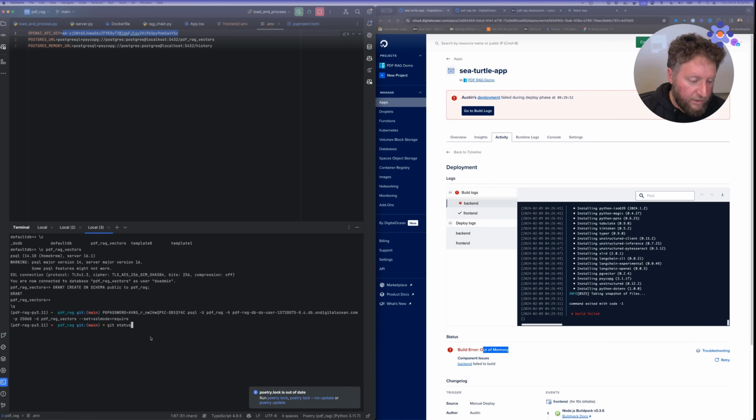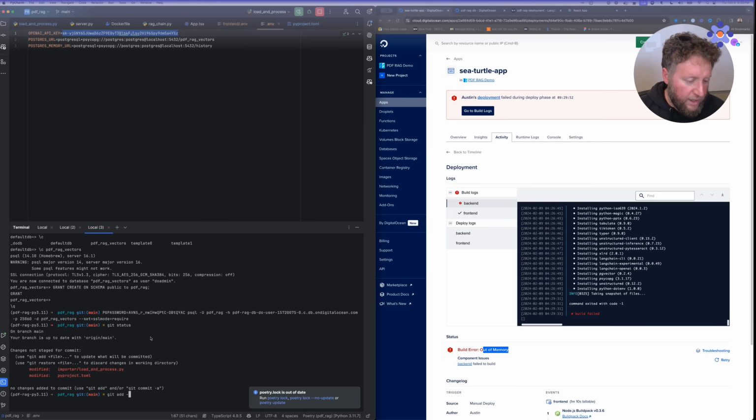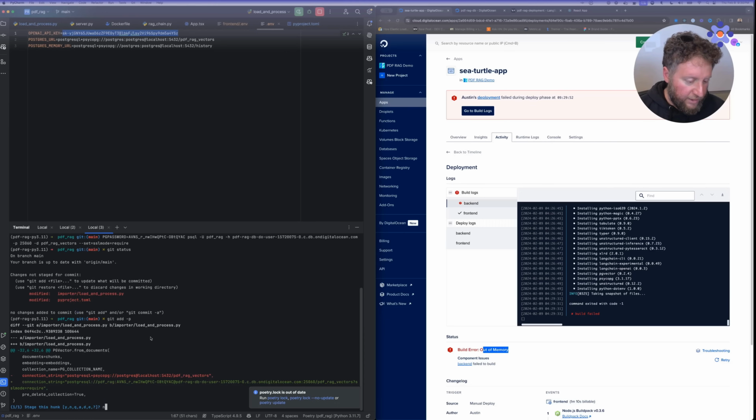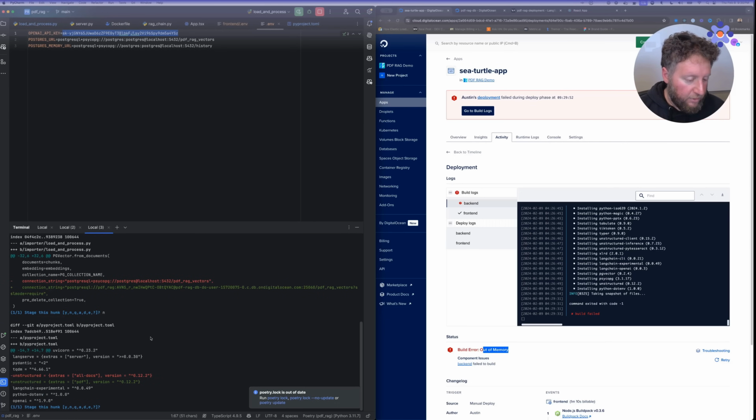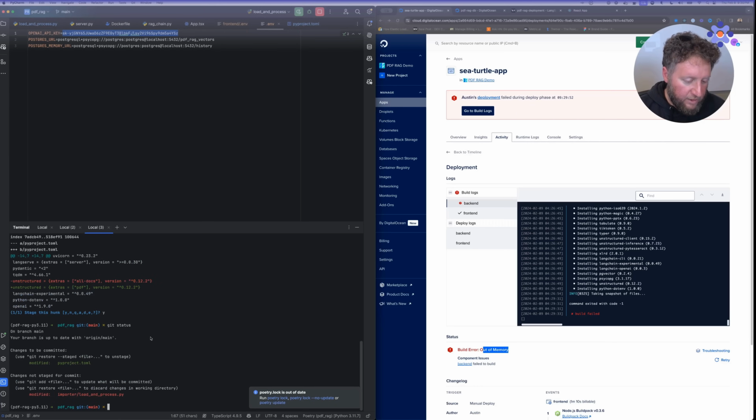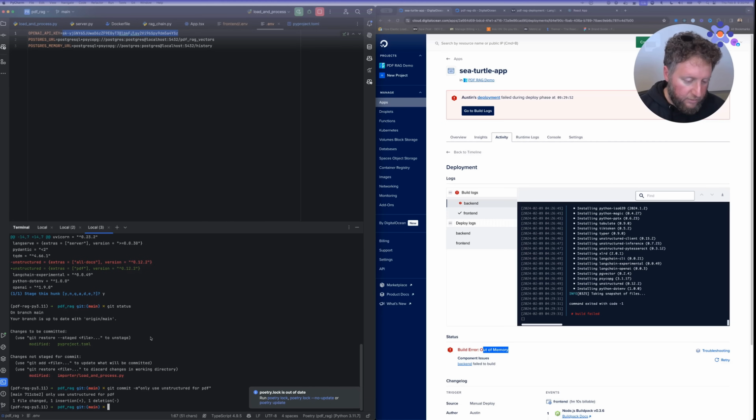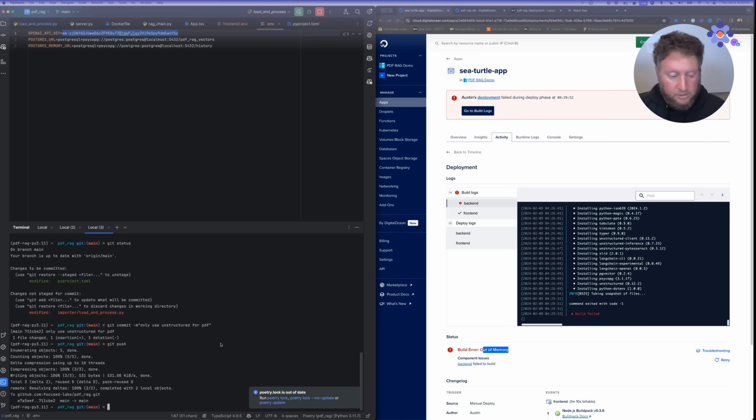So let's do git status, and let's only add our pyproject.toml. So if I do add patch, I don't want to add this because I don't want to push that into my repo, but I do want to push this. So I'm going to say yes, and I'm going to say git status, git commit, only use unstructured for PDFs. And if I push this now, the coolest thing is what we will see here